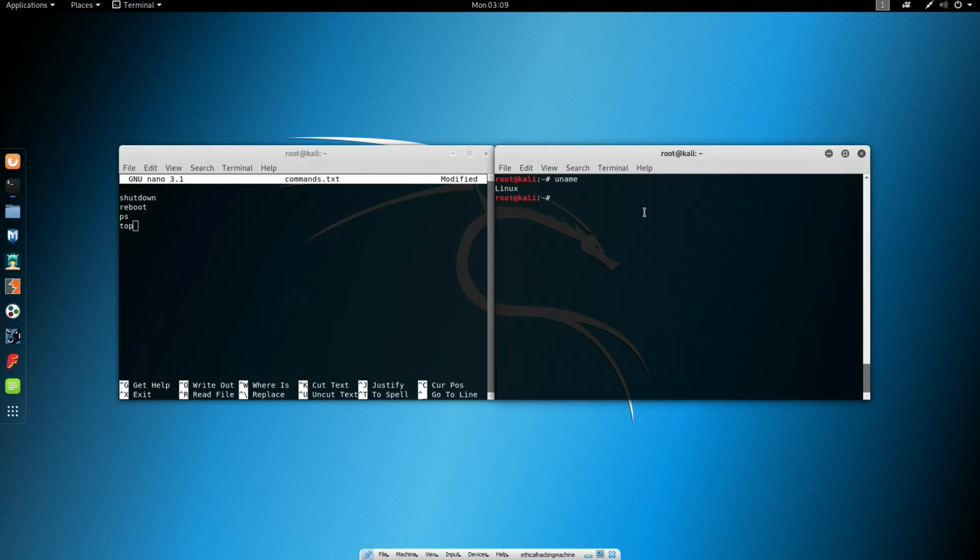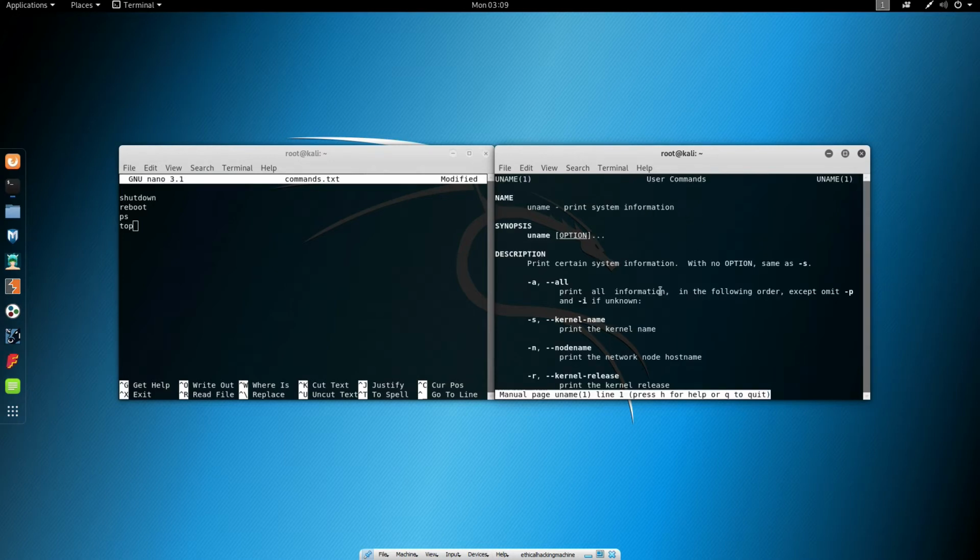So basically this will just give you out the name of your operating system, which in our case is Linux, so it is just uname. Now in order to check out all the options for this command, you can just type here man uname, and it will open up a manual for this command, and you can see things it is possible to do with